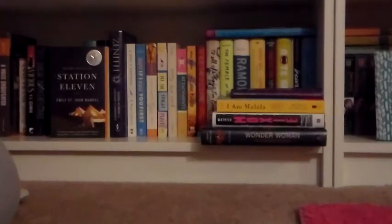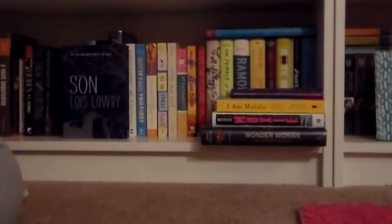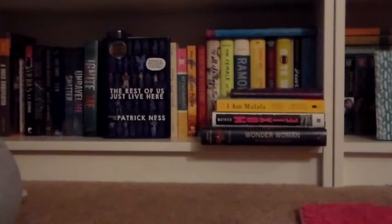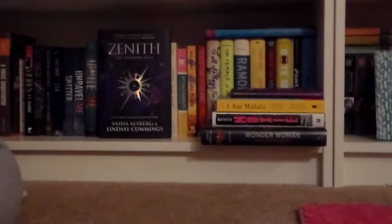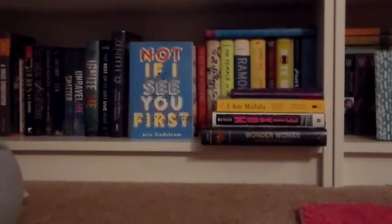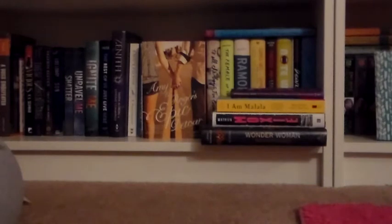Station 11 by Emily St. John Mandel. Sun by Lois Lowry. Shatter Me, Unravel Me, and Ignite Me, which is the Shatter Me trilogy by Tahara Mafi. The Rest of Us Just Live Here by Patrick Ness. Zenith by Sasha Alsberg and Lindsay Cummings. A Dog's Purpose by W. Bruce Cameron. Not If I See You First by Eric Lindstrom, Amy and Roger's Epic Detour by Morgan Matson, All